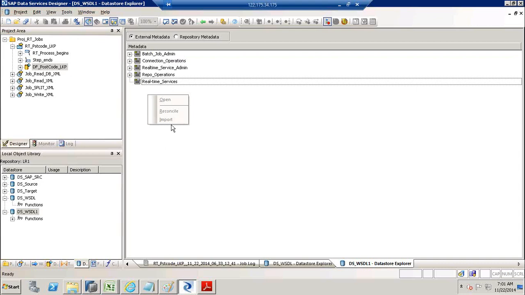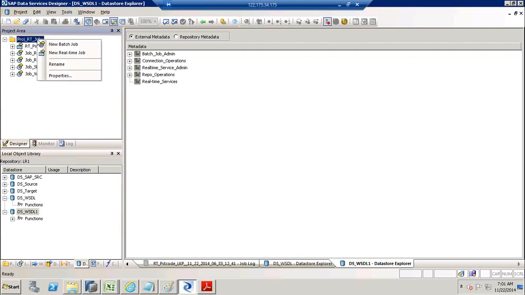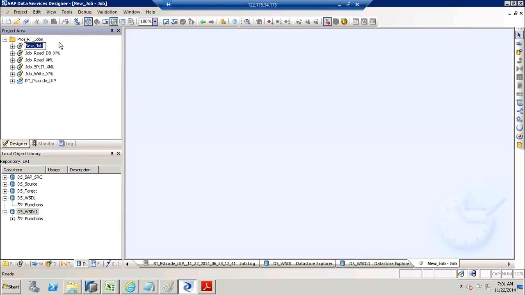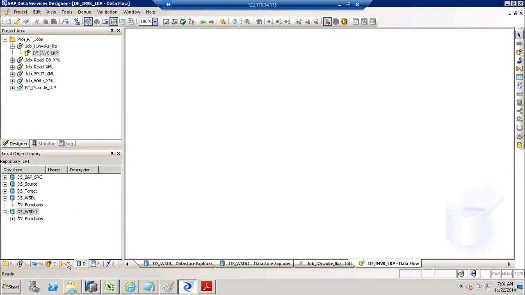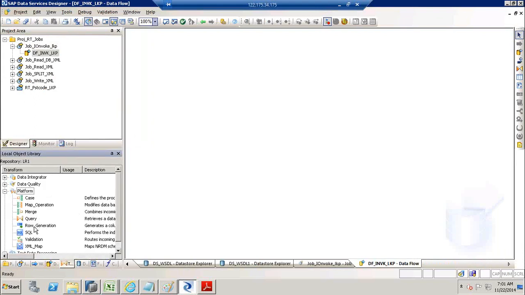All you need to do is select that function, right click and import, and once you get that function, create a batch job underscore invoke lookup, then data flow underscore lookup. Open this one. Now go to your transforms tab, select a row generation transformation because you don't have a source. Then here